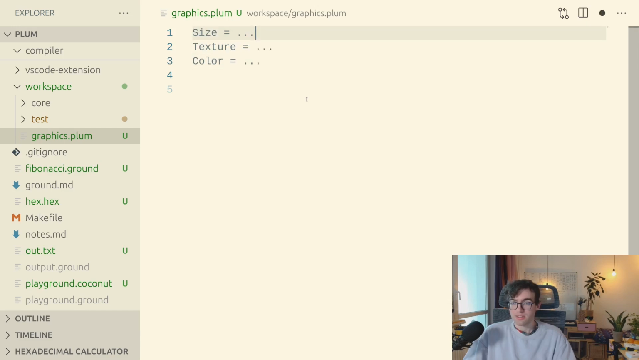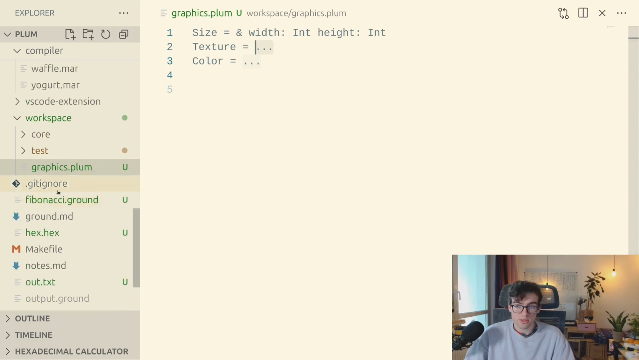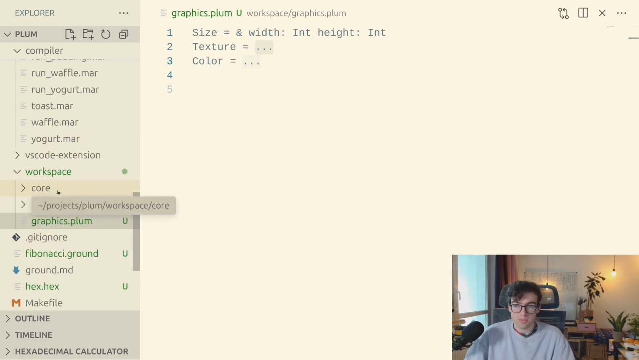So let's see. Size is just a width and a height. So this is a struct with a width and a height, both of which are integers. Yeah, they can't be negative. There are some invariants that are not encoded in types. And the texture is, I think, a matrix of